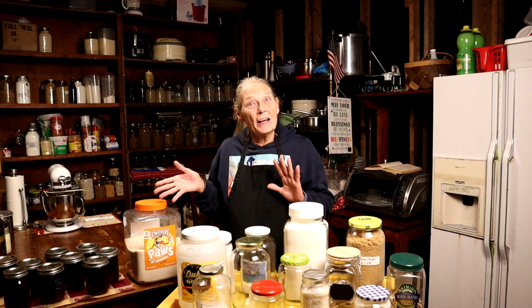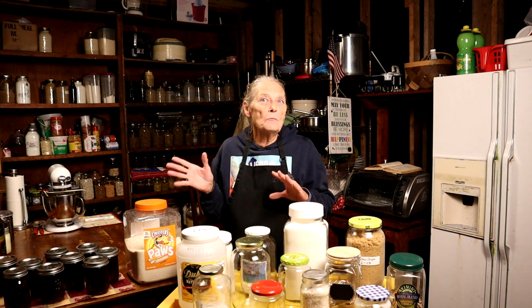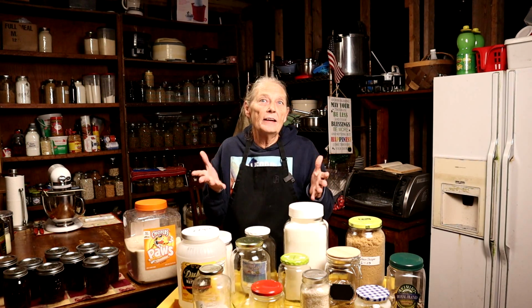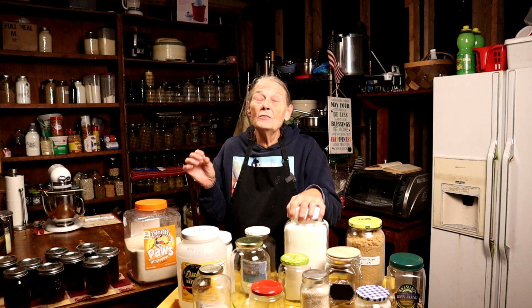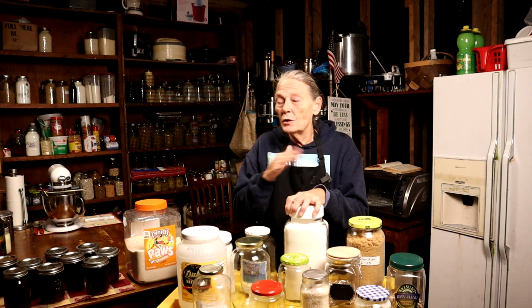And when I run out of those, I rarely buy anything in the store, not bulk, that's not in jars. I really do try, and if I go to a thrift store and I find a really nice big jar and they only want a couple of bucks for it, I'm there and I get it. Because if you try to buy one individual half-gallon jar, they want almost $6 at Walmart for one. I mean, you can buy the whole case for $14, but they want $6 for one. It's crazy town. So what I do is,